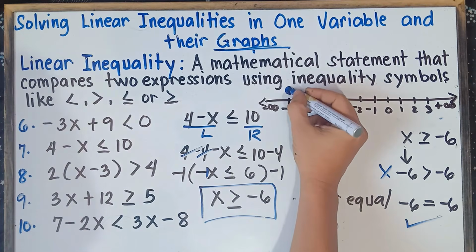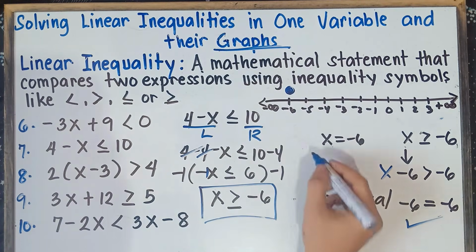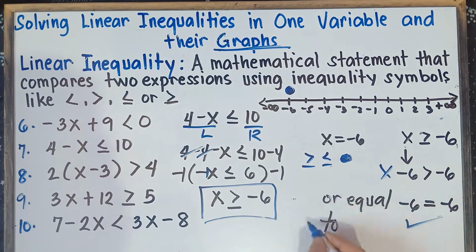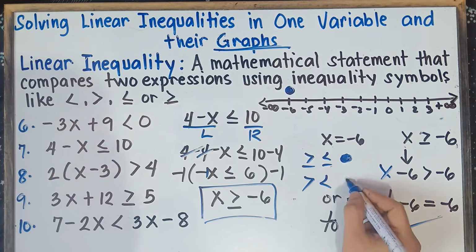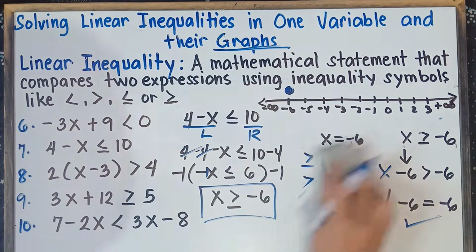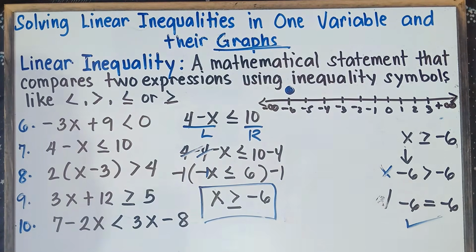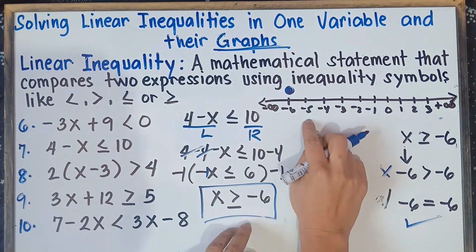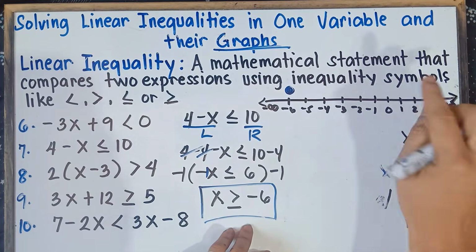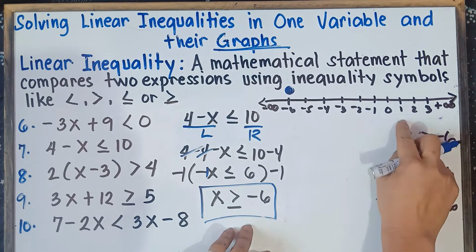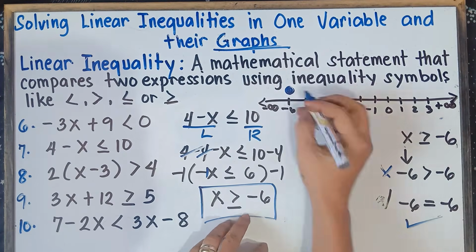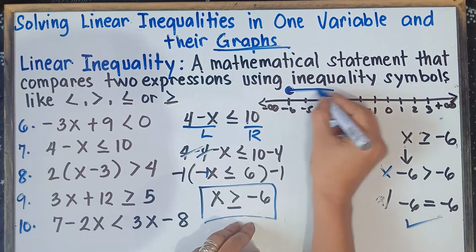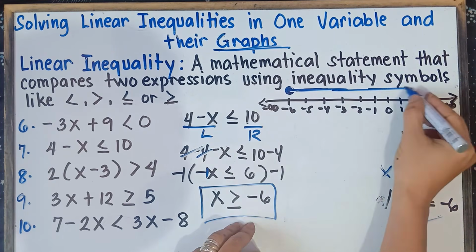Just think of it this way, class. No need to make things complicated. If you have greater than or equal to, or less than or equal to, use a closed circle. If you have greater than or less than, simply use an open circle. Alright, so closed circle. And then the numbers: negative 5 is true. Negative 4 is true. 1 is true. Negative 1 is true. 1 is greater than negative 6. So all numbers going to the right will be true. They will satisfy the inequality.